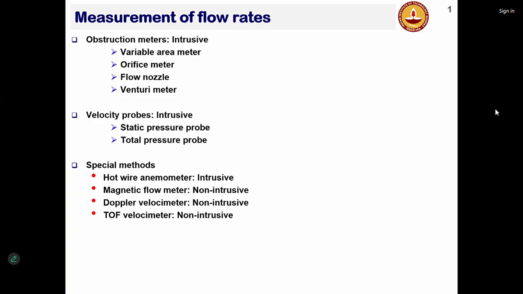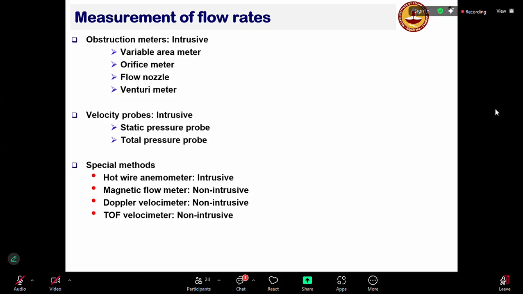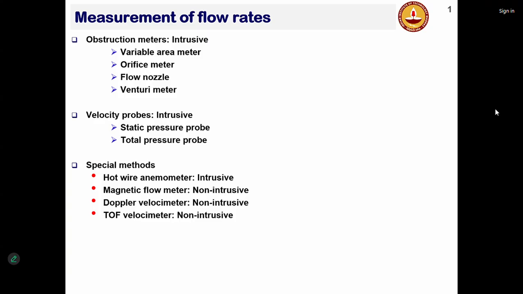And then we will talk about some special methods, hot wire anemometer, which has typically a very good response time. Typically, if you have flow rate varying, hot wire anemometer becomes very useful as compared to the other devices that we have just noted here. But this is intrusive because you have an anemometer which needs to be put into the flow field to measure